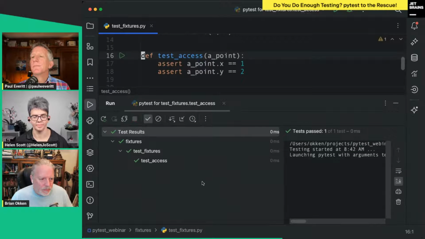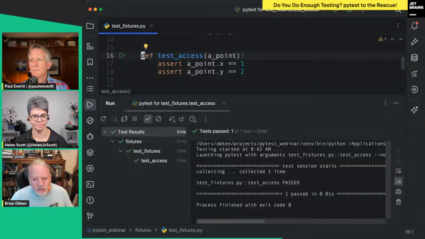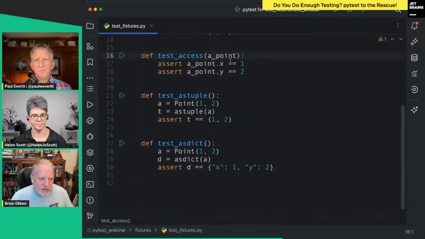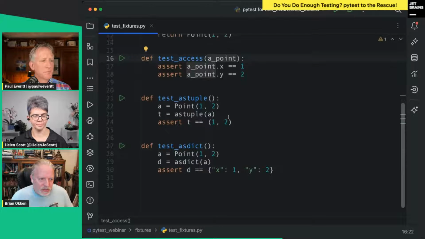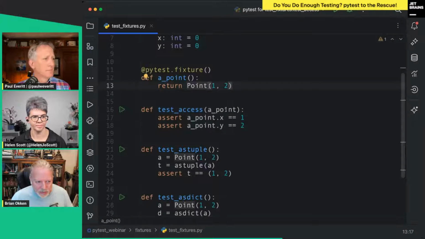Because what pytest does when it runs is it runs the fixture first. It finds this fixture listed, then goes and finds it, and calls whatever's there, and then the return value gets put in as the value here.